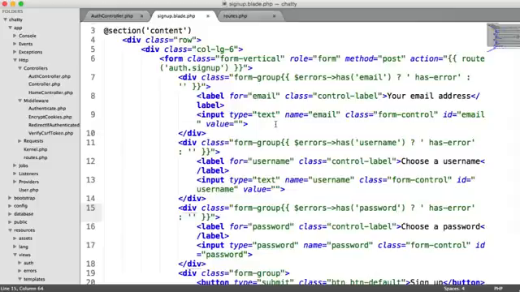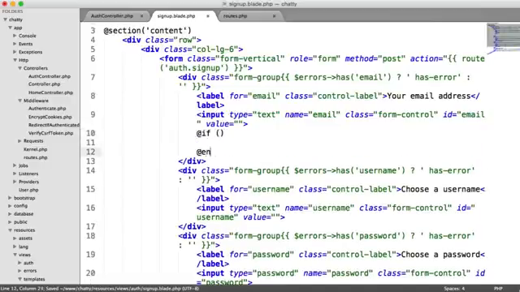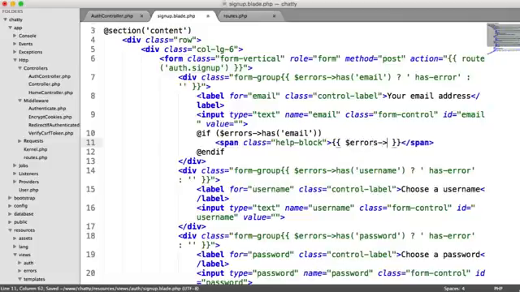Well, we can do that underneath our input. So just underneath here, we can go ahead and say if, and we'll just end our if there to start with. I'm going to say if errors has email, so exactly the same as we did up here. Then what do we want to do? Well, Bootstrap has markup, which is a help block. So we have a span with a class of help block like that. So you can write this markup out. And then inside of that help block, we output our first error. So we say errors first